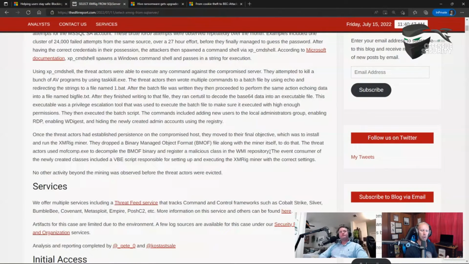And I know it's not necessarily new, and other researchers have written about this, but I thought it was interesting that we see coin miners, groups that deploy coin miners, as traditionally not very sophisticated, right? Script kiddies, copy-paste kind of things. But this I would consider a little bit more sophisticated for a group that deploys a coin miner. So that's why I thought it was interesting. It's a sneaky persistence mechanism that ultimately downloads stage 2, and that runs at a certain time every day for persistence. That's pretty cool.